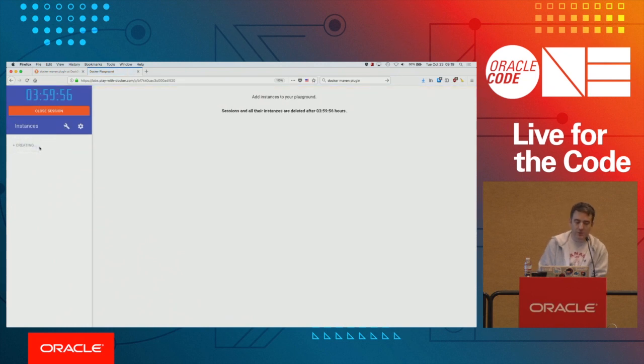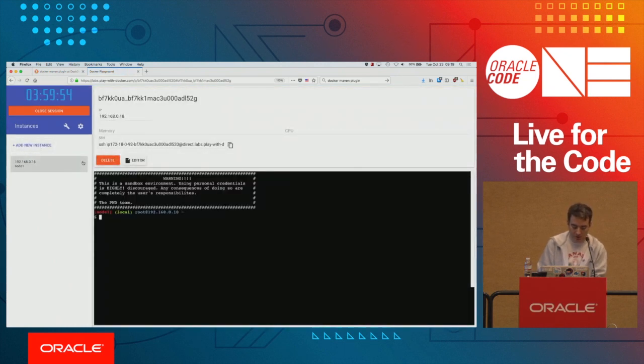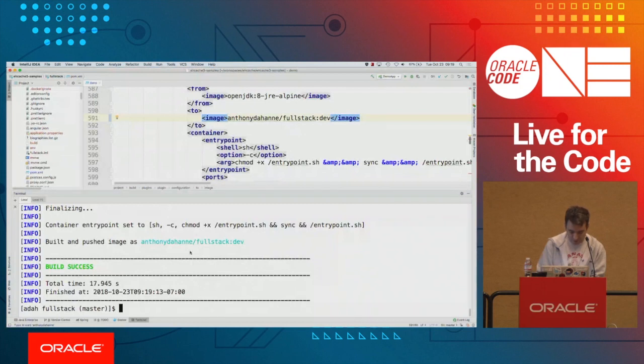So here, Play with Docker is basically running Docker inside a shell on someone else's infrastructure. You wouldn't log in, right? But since this image is public, that should work fine. So here I got the full stack dev image that was produced, and now we'll need to